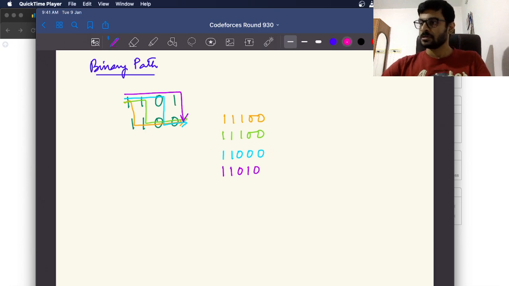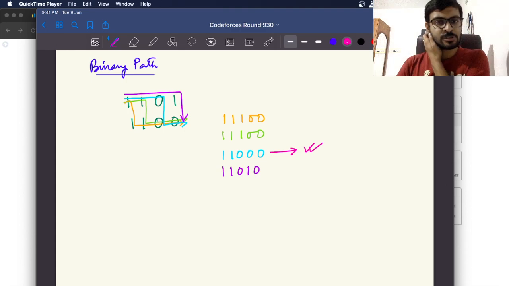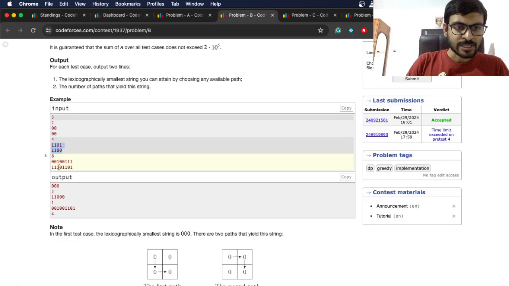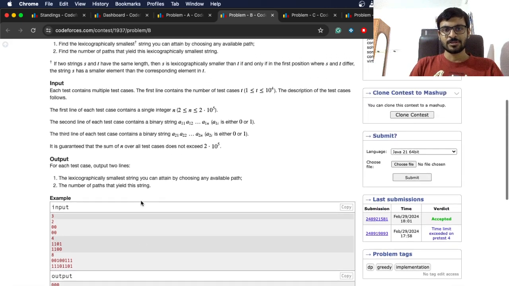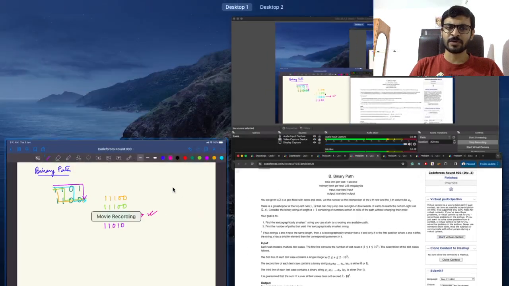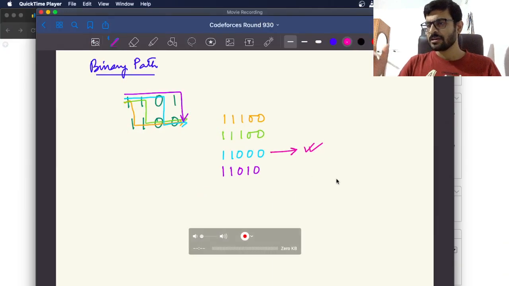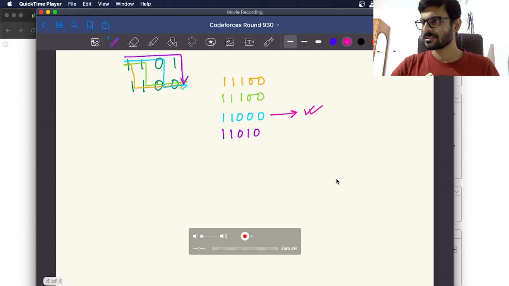So this becomes a good choice for us. 11000 should be the answer. We can check that over here. 11000. Yeah. So now, by looking at this question, straight away DP comes to mind, that at each position,